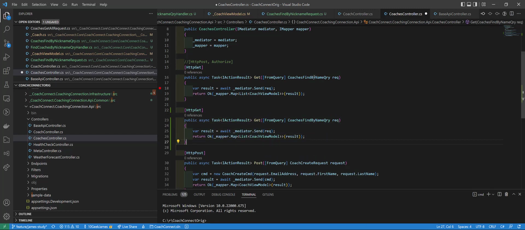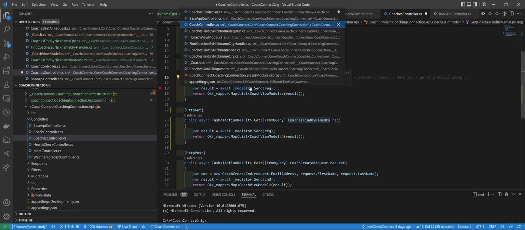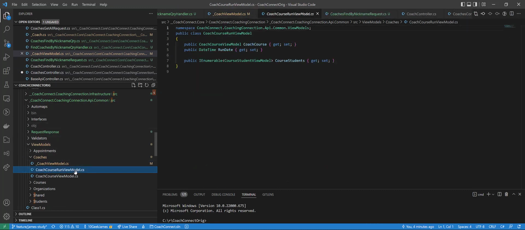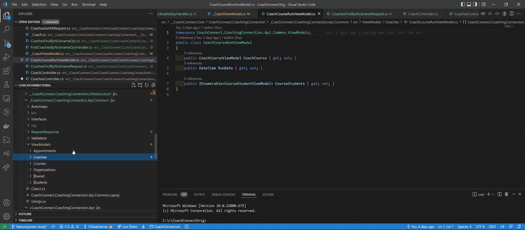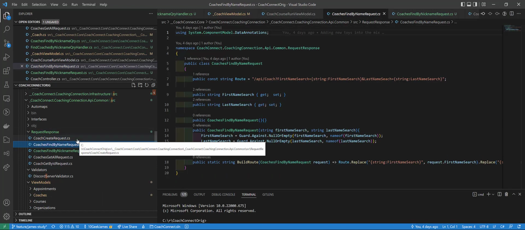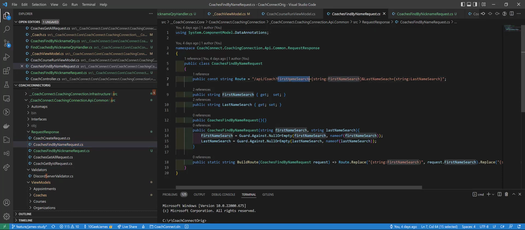Let's see here what we're doing. Coach is fine by query, and we thought over here the request object for find thinks we're going to coach slash